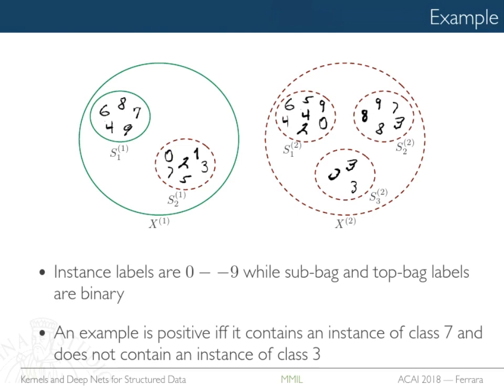Let's see. So let's say this is your data. It's called multi-instance because the data is a set of bags of bags. Now this bag here, for example, is positive, and this bag here is negative, and the criterion is that to be positive, you need an instance of class 7, but no instance of class 3 in the bag. So this is good because you have a 7 and no 3. This, you have a 7, but you also have a 3, so it's negative. And the entire thing is positive if you have at least one green guy.